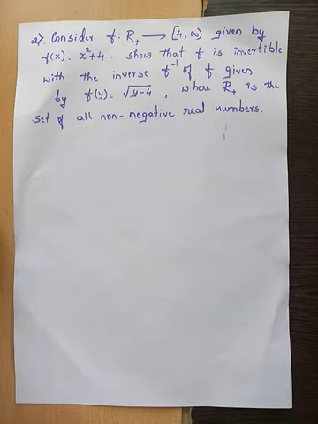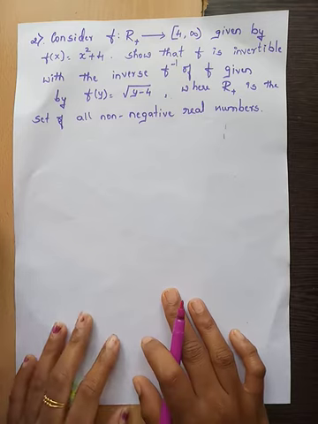If you can find such a function, it should satisfy a certain condition: f composition g should be the identity function on Y, that is, f composition g of y is equal to y. Y is the domain here, so whatever you give, you should get back the same element. Similarly, g composition f should be equal to the identity function on the domain of f. Correct? That is how we verify whether the given function is invertible or not.